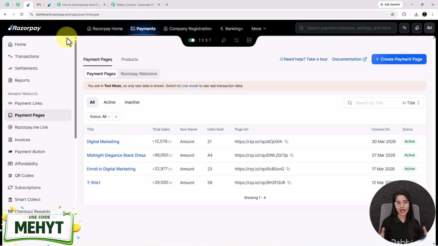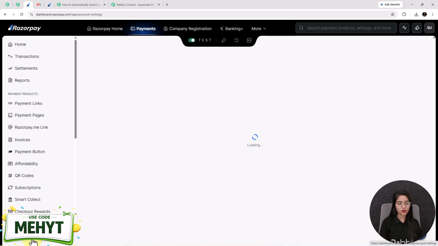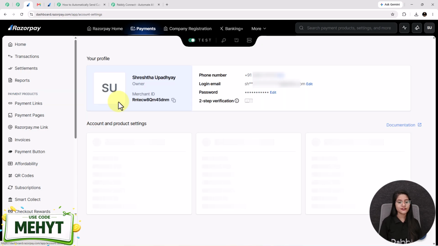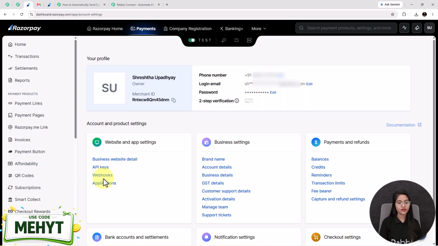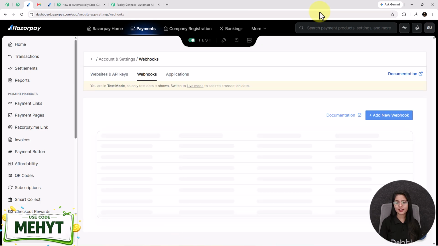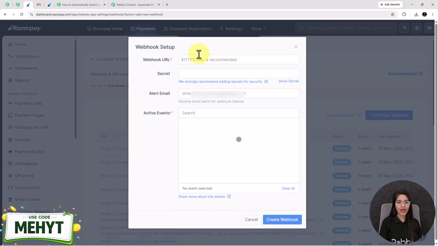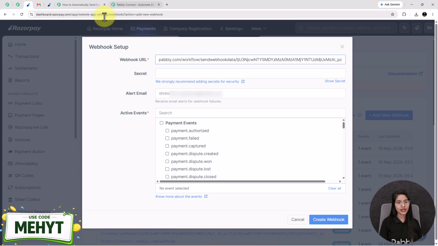See, this is my Razorpay account. And for making a connection between Pabbly Connect and Razorpay, you need to click on this accounts and settings option. After that, go inside this webhooks option. Next, click on this plus add new webhook and paste the webhook URL in this field that you have copied